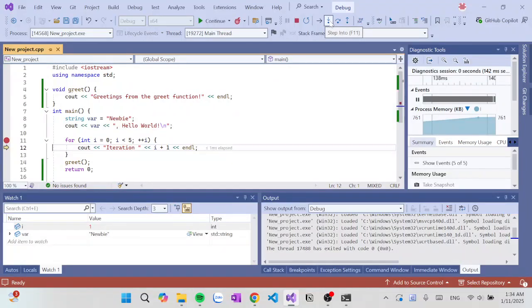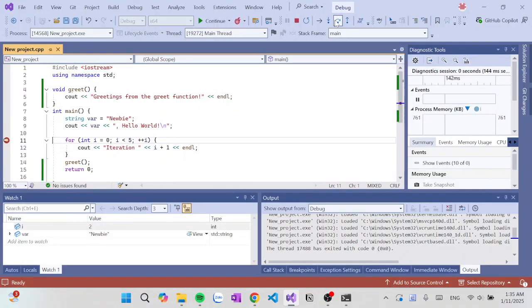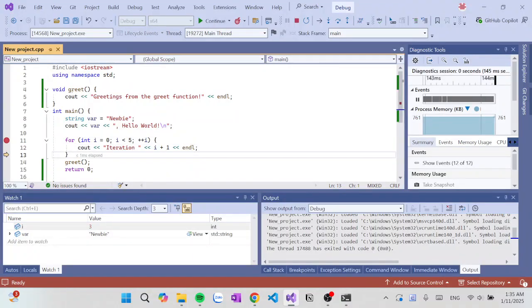With step over, it will advance the debugger to the next statement. You guys know, if I click here, step over, advance to the next statement, click one more time, advance to the next statement, advance to the next statement, something like that.